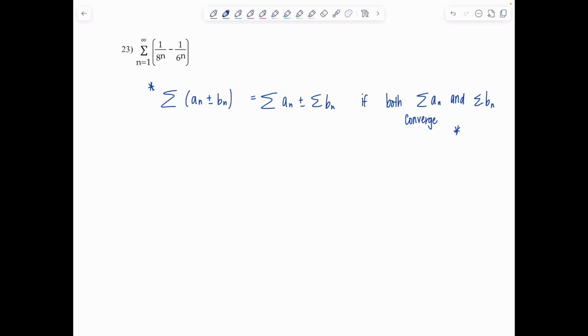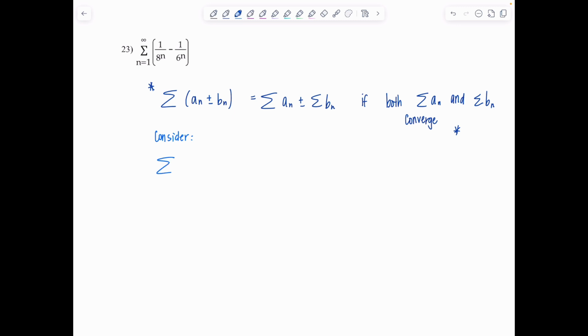Okay, so why am I saying that right now? Because I don't want you to write out something illegal. The math police will come snatch you. You cannot write this as the sum of 1 over 8 to the n minus the sum of 1 over 6 to the n. You can't do that until you've shown that this is convergent and this is convergent first. You have to show that first. So don't do this, okay? So you're just going to say consider